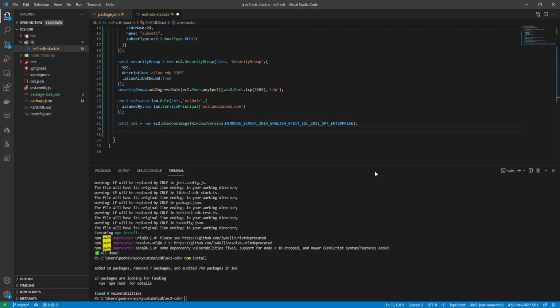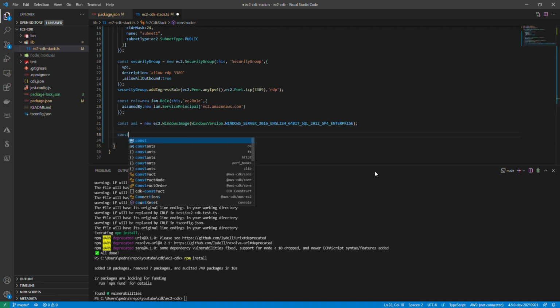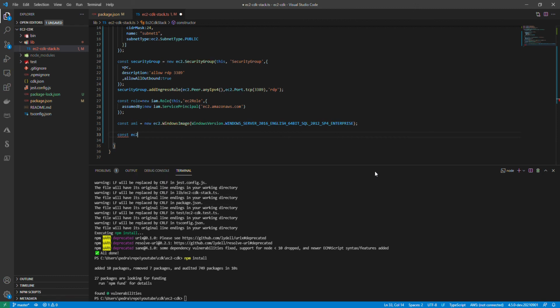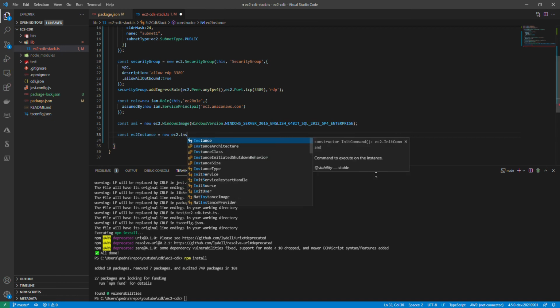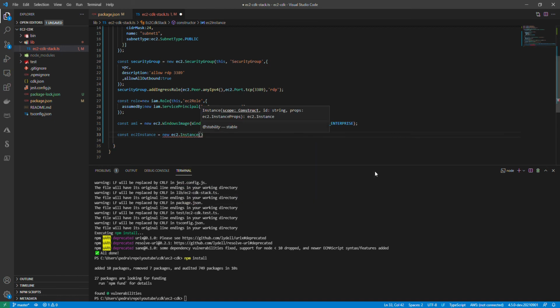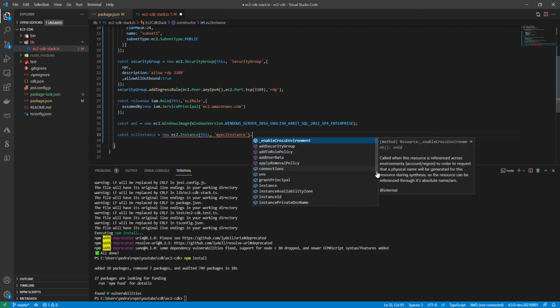Then I'm going to also add the instance, EC2 instance equals new EC2 instance, and then I'm going to pass the context, ID EC2 instance, my EC2 instance, and then